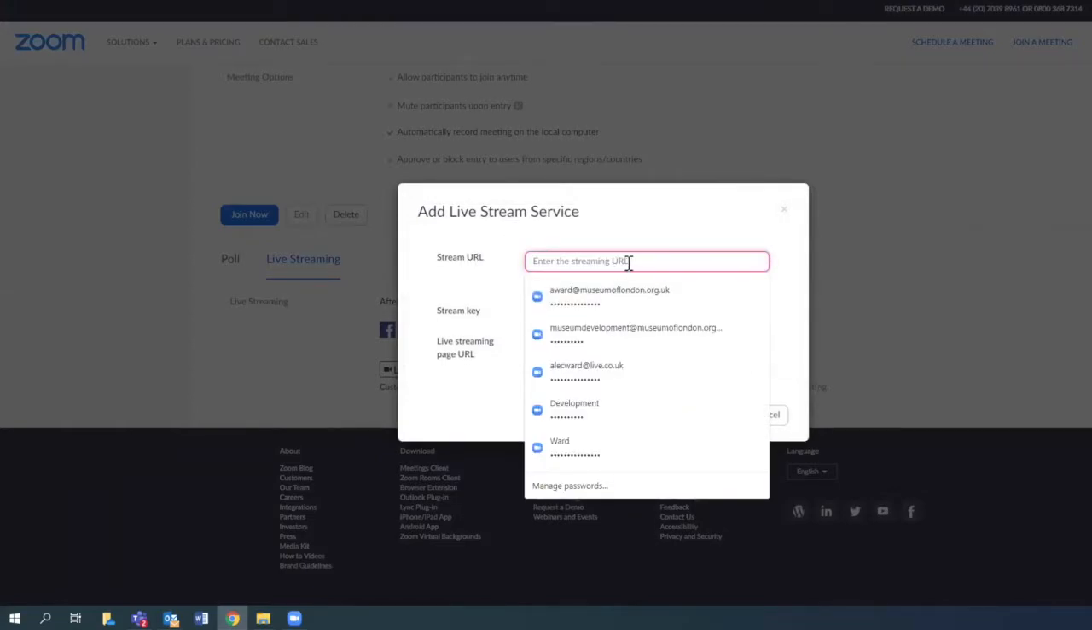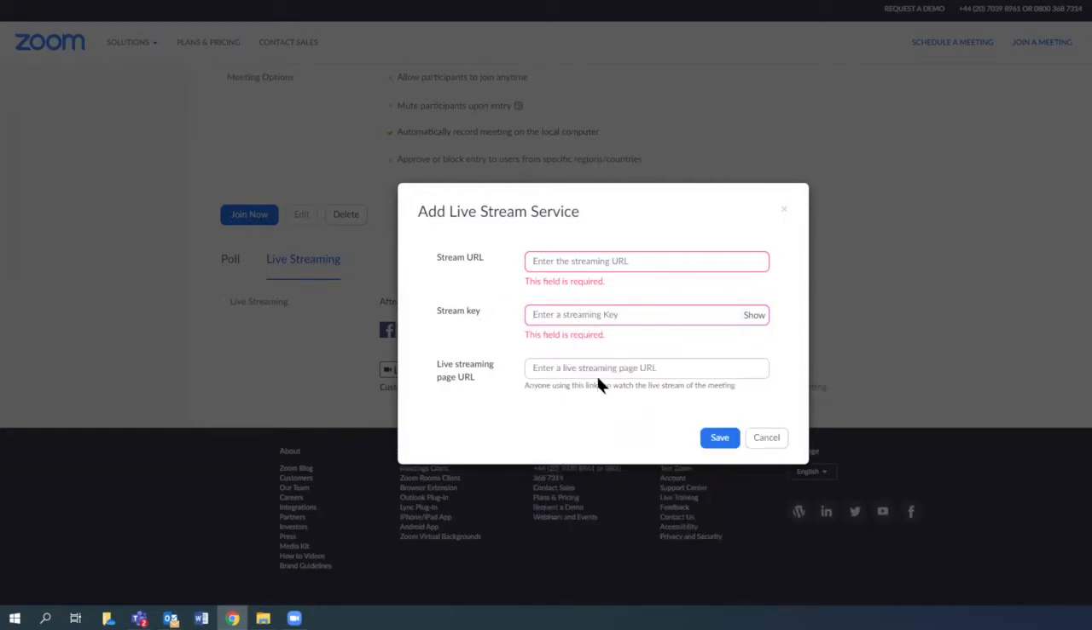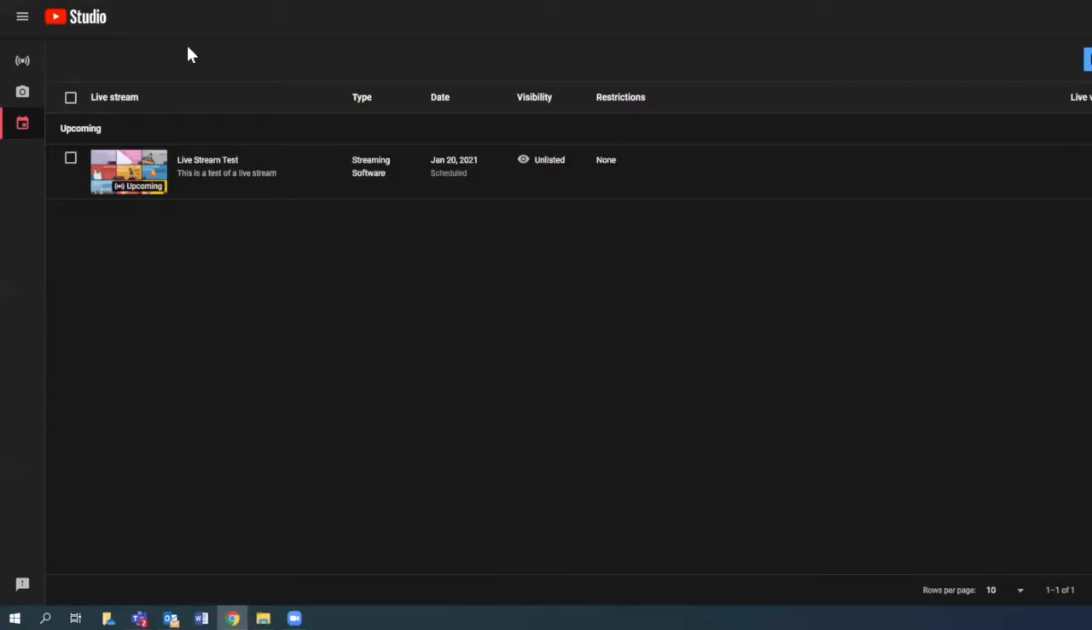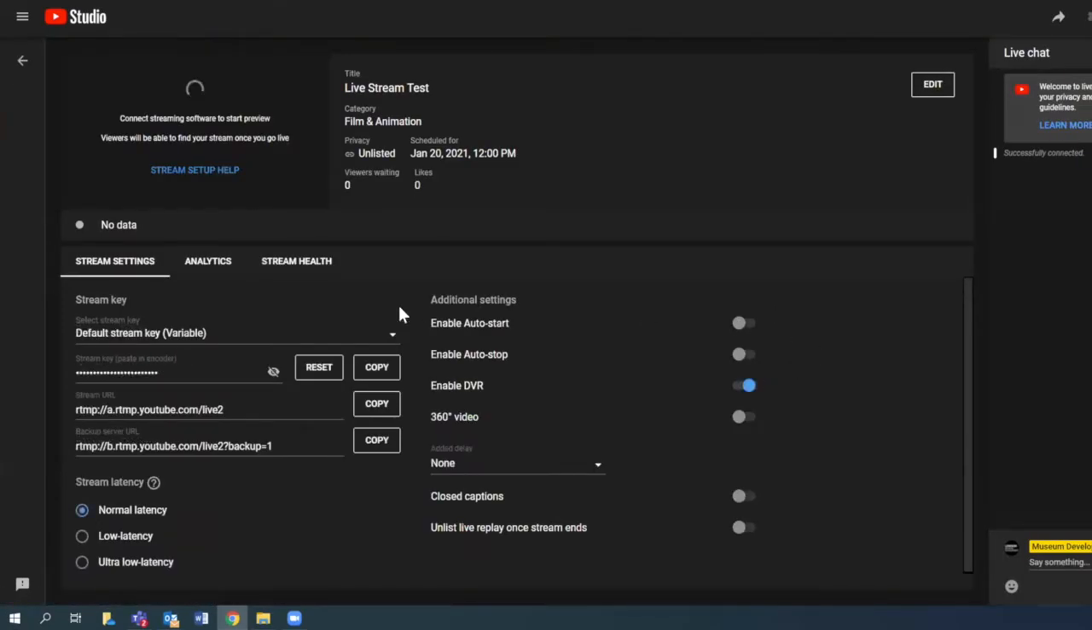And this will give you the information that you need to take from YouTube to paste into here. And this basically links the two. So once you've added in all of that information, your Zoom stream will be linked to the YouTube live stream. So you're basically telling Zoom and you're telling YouTube that you want YouTube to pull the content from Zoom for the live stream. So now you go back to YouTube, click on the live stream,